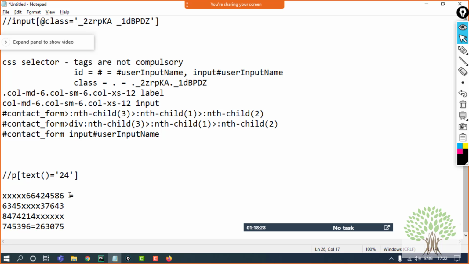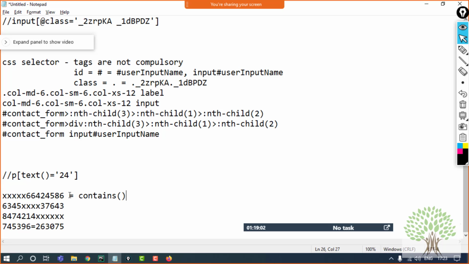For this, there are 2 different functions. One is the contains function. This contains will look for the whole value. Either the static part is in the front, or in the ending, or in the center, meaning the same value that is not changing, wherever it is, it's going to highlight that element.